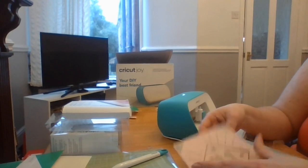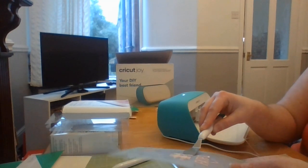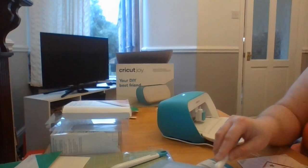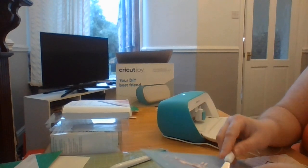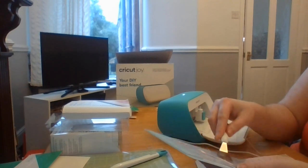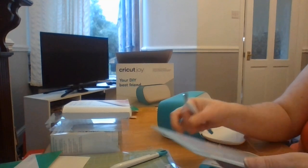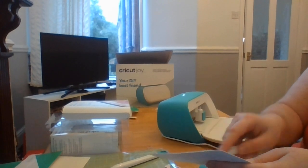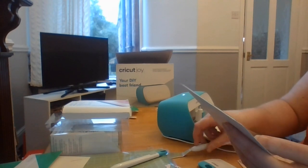Okay, and all that I need to do really before next use is to take this scraper tool, which is really handy, and just take the remaining bits of the lettering off of the mat, ready for first use, and they just come off so easily here, as you can see. So, I'm pushing them along, but not completely off, but they do move really easily. There you go, see. Okay, and then I can just clear all that up, and then I just pop the